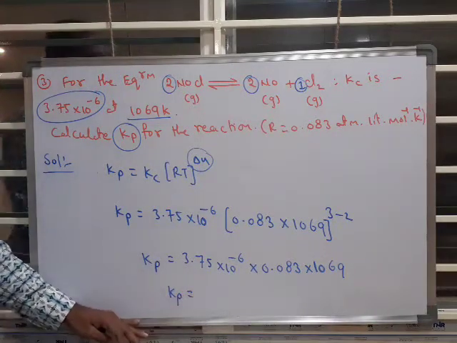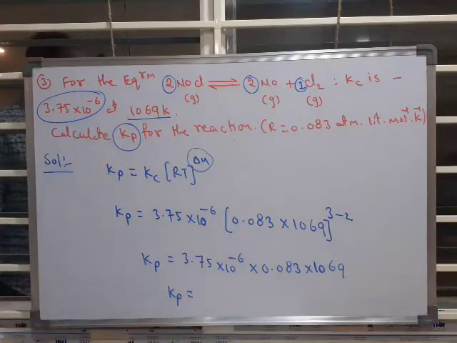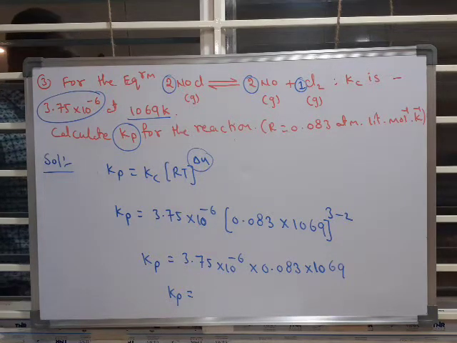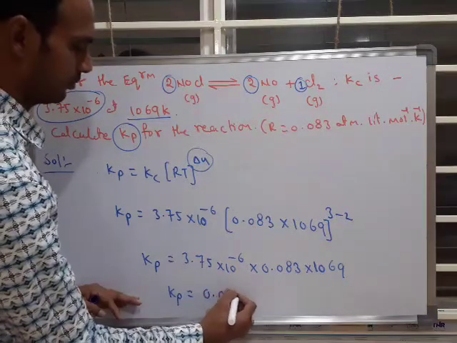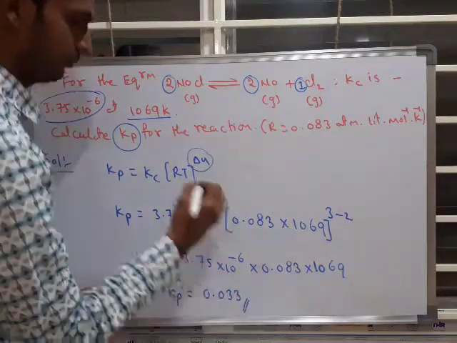So Kp is equal to, on this overall calculation we will get approximately 0.0